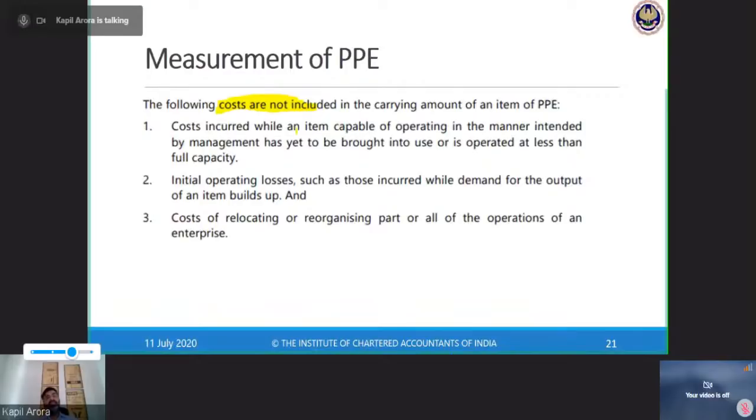Okay. Measurement of PPE again, there are certain costs which need not be added in the value of asset. First one, cost incurred while an item is capable of operating in a manner intended by the management, it will be brought into use, or it is operated at less than full capacity. It means any